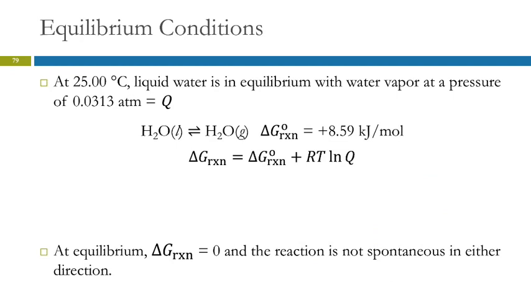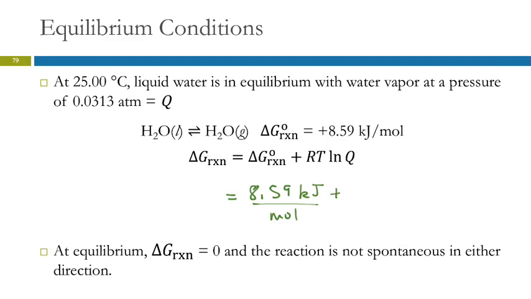So at 25 degrees Celsius, liquid water is in equilibrium with water vapor at a pressure of 0.0313 atmospheres. And the partial pressure of water for this reaction is Q, right? So if Q equals 0.0313, we can calculate the free energy change for the reaction. Here's the standard free energy change. So delta G is going to be that standard free energy change, kilojoules per mole,